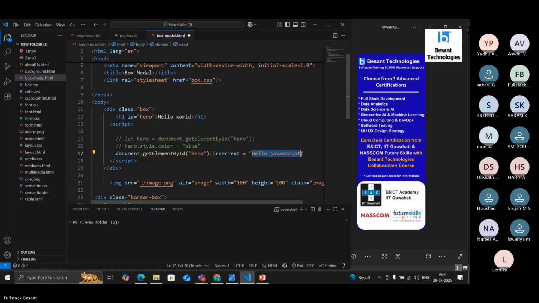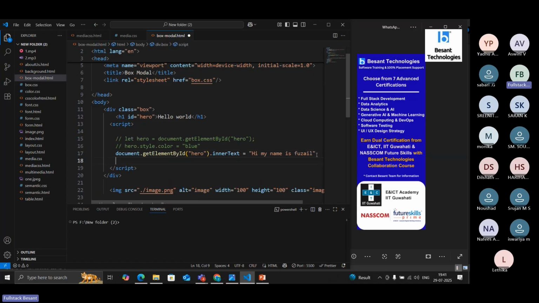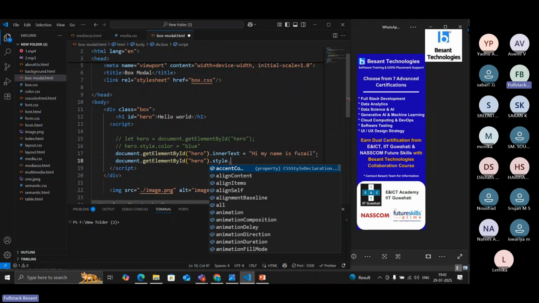Here I already declared the attribute getElementById. Then I'm going to give "Hi, my name is Jose," and I also want to change the color of this. I need the background color to be red, and I need the text color in black. So what we have to do is document.getElementById, and I'm accessing the attribute ID hero,